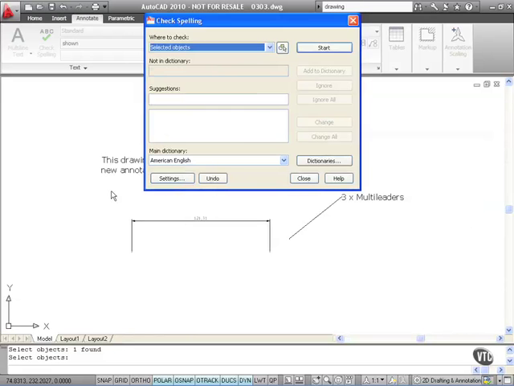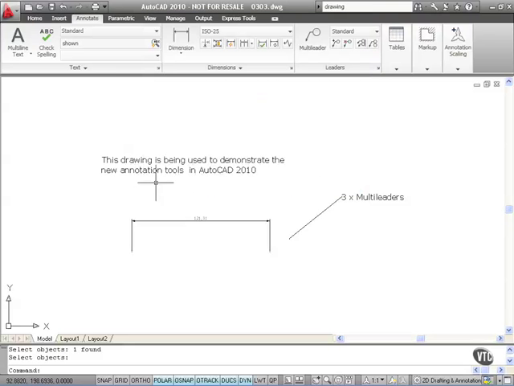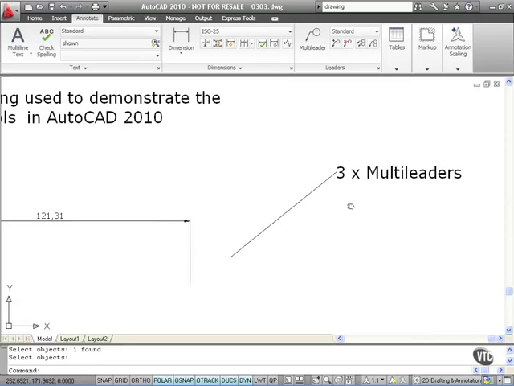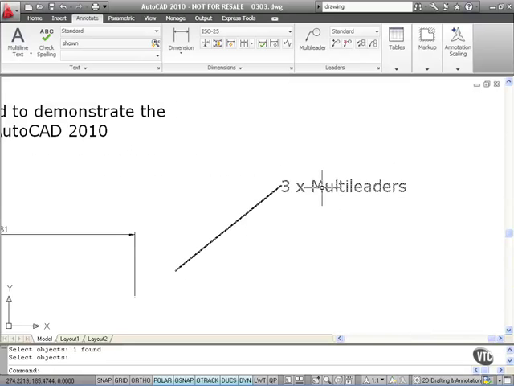Thank you very much, because everything else in that piece of multi-line text was obviously spelt correctly. I click on close, and you can see now that annotation is spelt correctly. Now, talking about multi-line text, your multi-leaders now are very, very much easier to edit. Let's zoom in a tad there. There we are. I can double click on the text on a multi-leader now and edit it